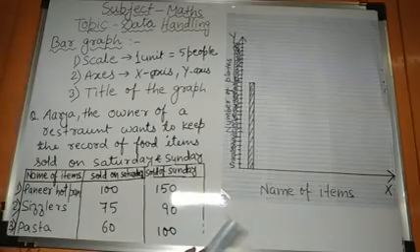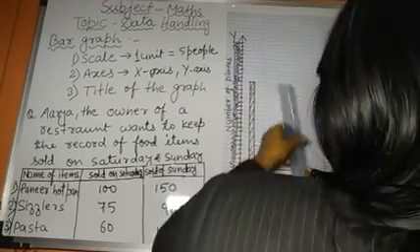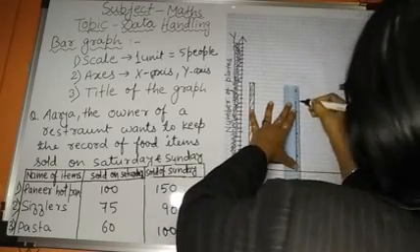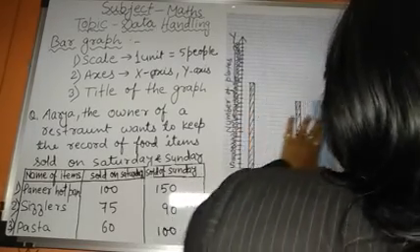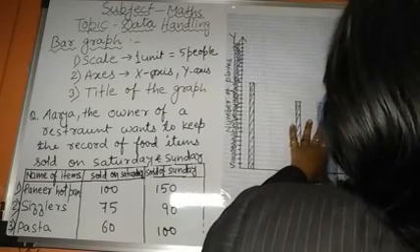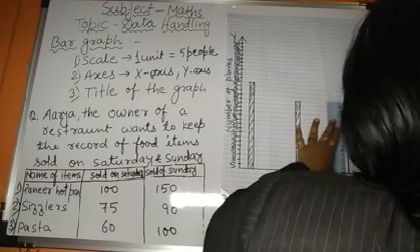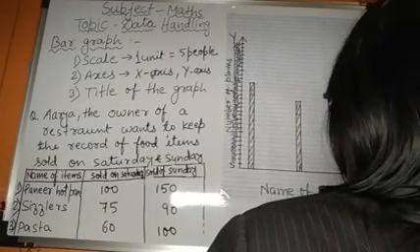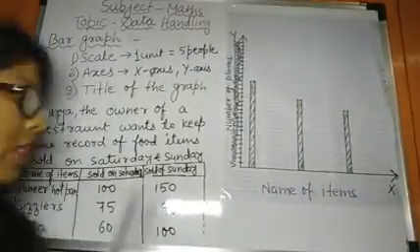Fine. Now sizzlers for 75 people. We will keep some distance for making another bar graph. So just see here. This one is of Saturday and the next one is of 60. So keep distance and make the bar graph. You have to keep in mind that the distance between two bar graphs should also be the same. It should not be different.